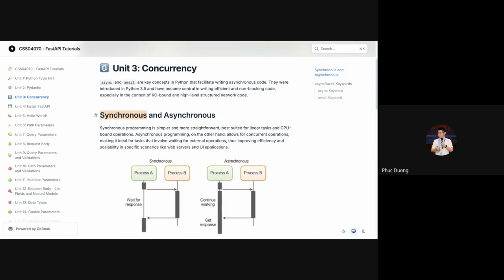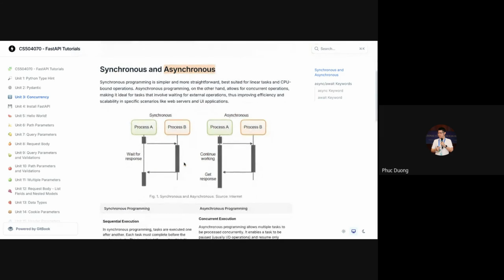In Vietnamese, we call synchronous là đồng bộ, and asynchronous in Vietnamese is bất đồng bộ. To understand these terms, you need to view figure 1. On the left of figure 1 is a synchronous example. You have process A and process B, and this is a sequence diagram in UML.